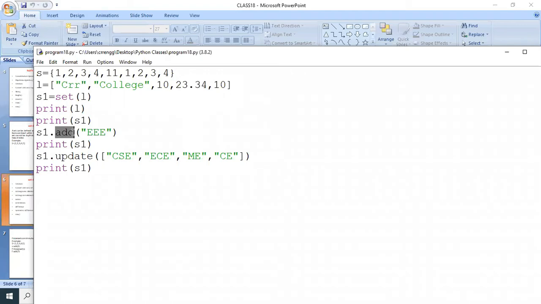So next one, removing items from a set. How can we remove items? By using two functions. The first function is discard, and another one is remove. First we are going to see the discard function.